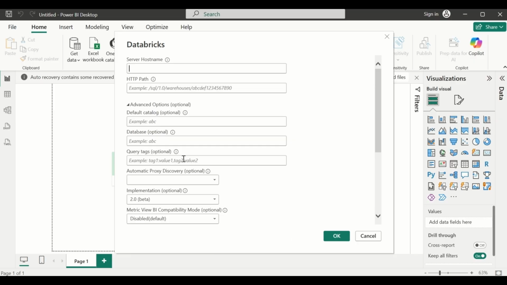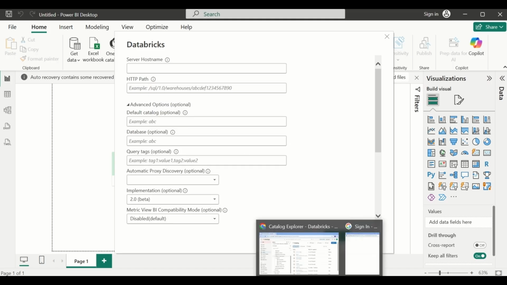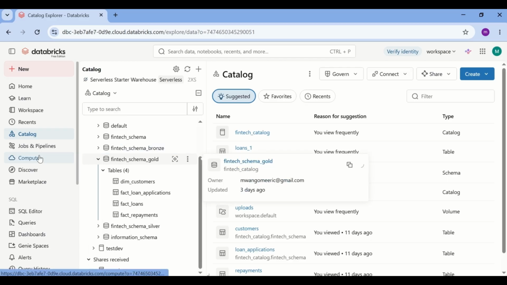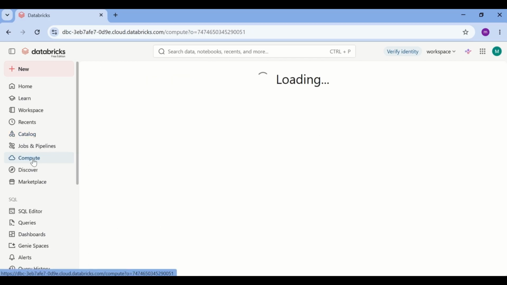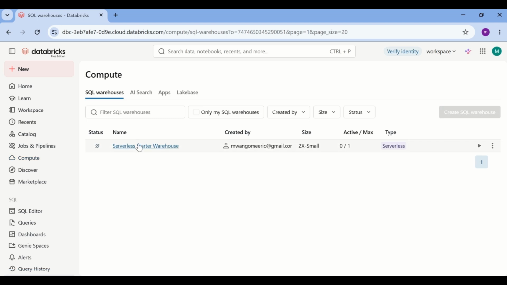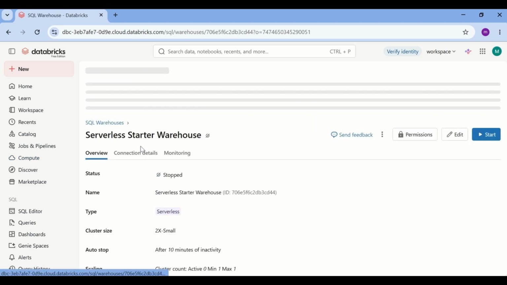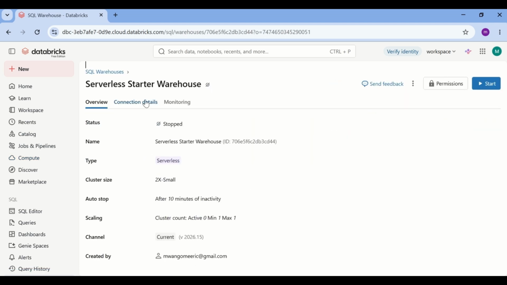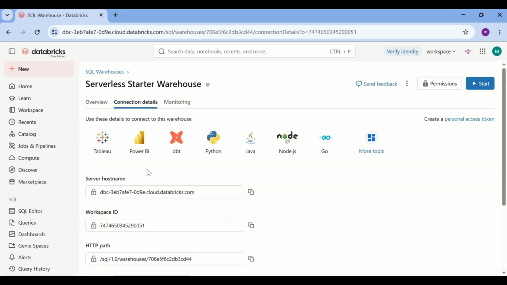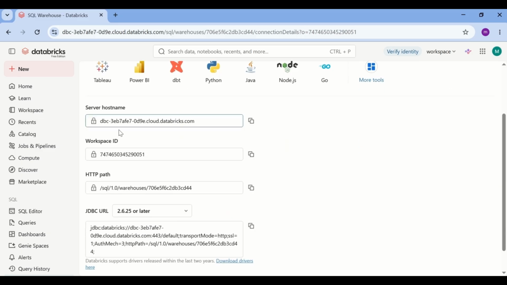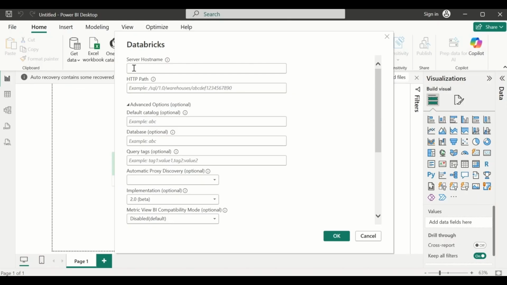Once you click on this, it will ask you the server hostname and the HTTP path. So for that, you'll just come to your Databricks, and then you'll come to Compute, and then you'll click on this serverless, and then you'll come to Connection Details, and then you'll have your server name here and your path. So copy this, go to Power BI, and then you paste it here,